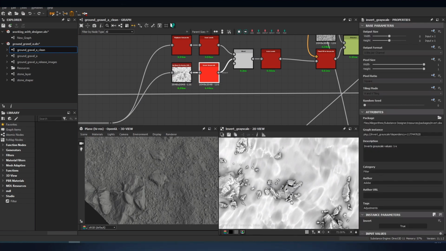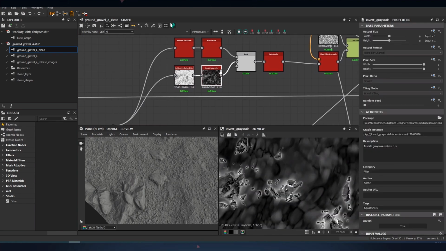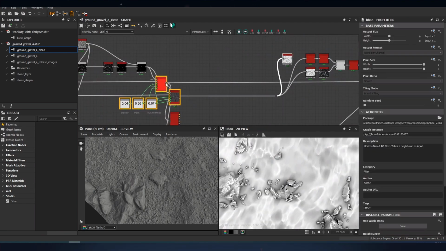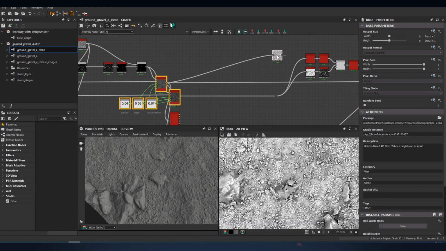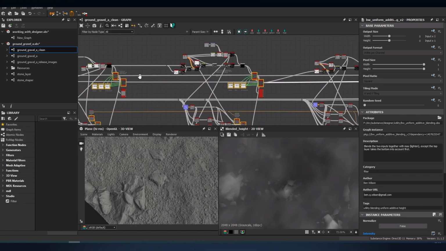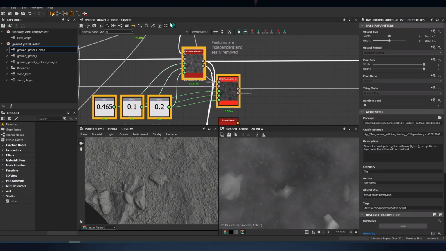What I was doing was getting myself a mask around the large stones. But the problem is if I just took an ambient occlusion from my main height so far, you can see I've got all of this extra noise and stuff in, right? So what I needed was the height so far, but minus that detail. So you'll notice then at some point I've had to sort of double up on these